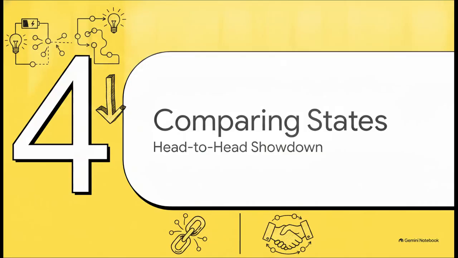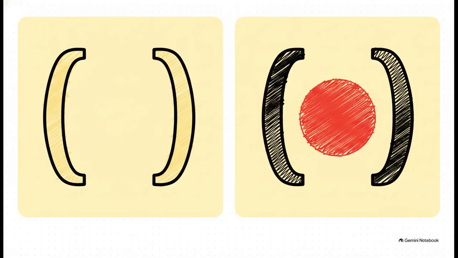Section 4. Comparing circuit states. The head-to-head showdown. Even symbolically on electrical diagrams, these two states are highly distinct. It's kind of like a secret visual language that engineers use. An open circuit is represented by empty parentheses, brilliantly showing that exact physical gap in the path. Meanwhile, a closed circuit features a dot perfectly centered right in the middle of those parentheses, representing a solid, complete,